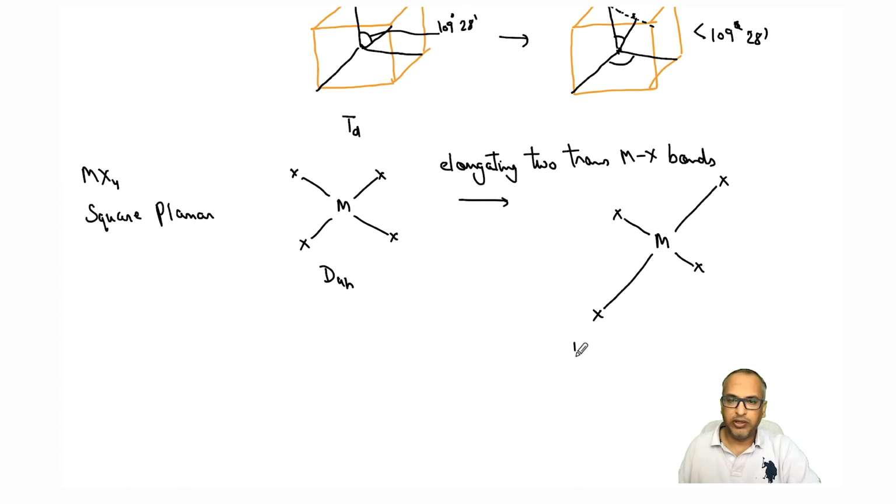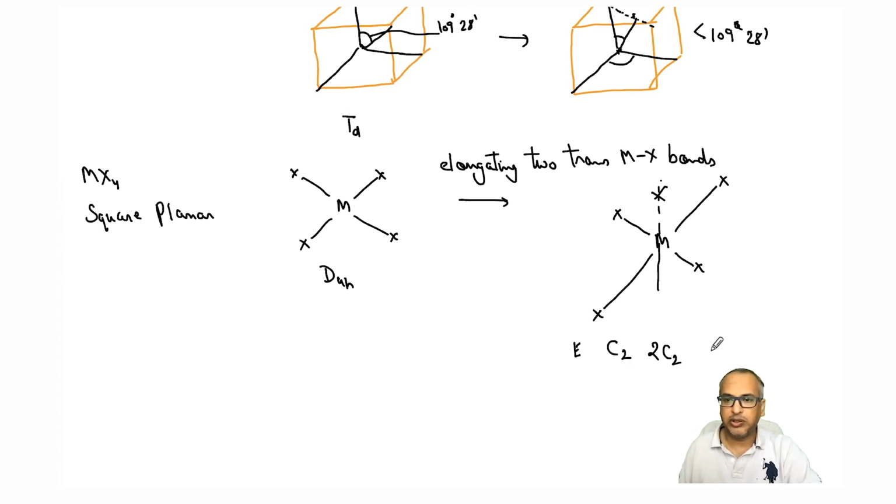So first of all, I have killed my C4, right? Now there is no central C4 axis. The principal axis is now reduced to C2, which is coming out of the plane of the board, perpendicular to this, so that these two are reflected and these two are reflected, right? That is C2. And then you will also have C2s, but these C2s are also killed. Now you don't have this C2, right? This C2 is not there. So what you have is this C2 and this C2. So basically now you have two C2s perpendicular to your original C2. That means it's a D2 point group.